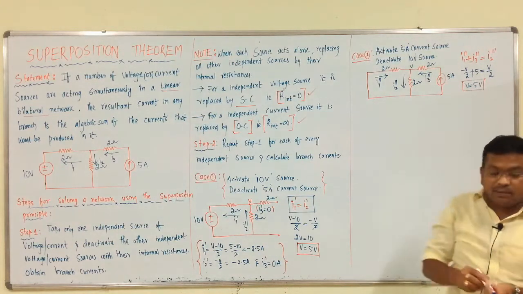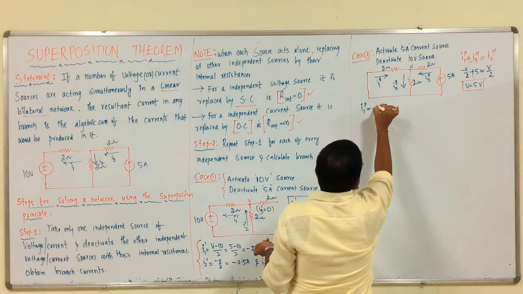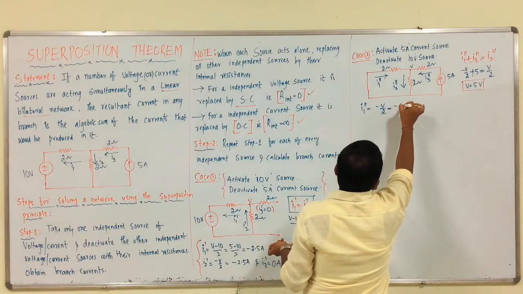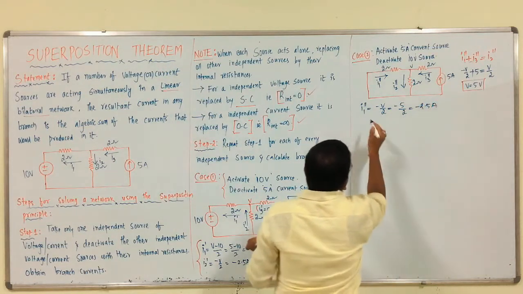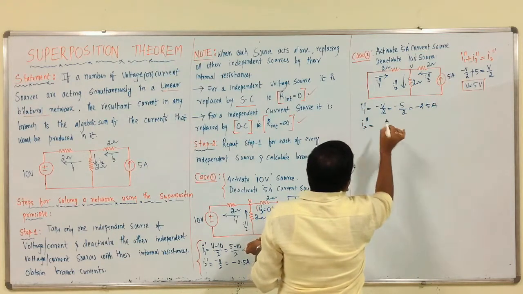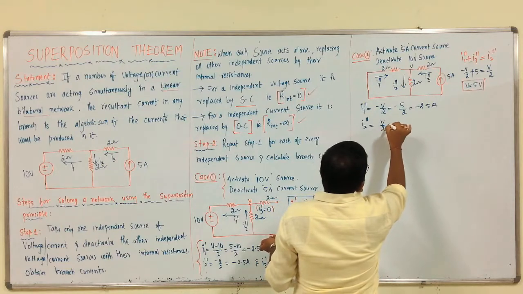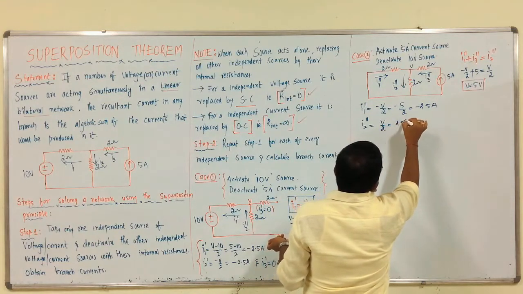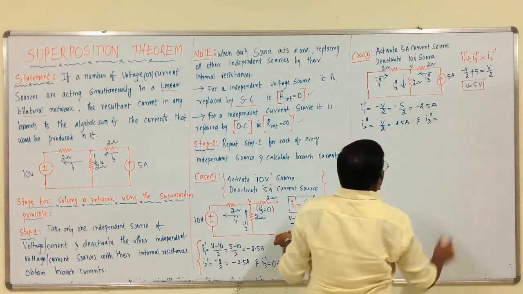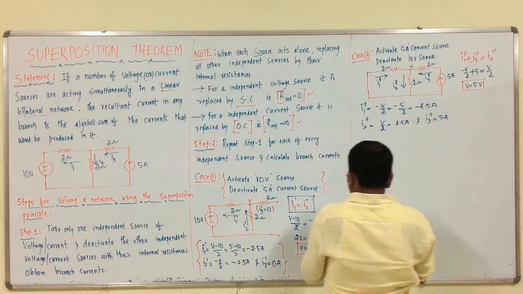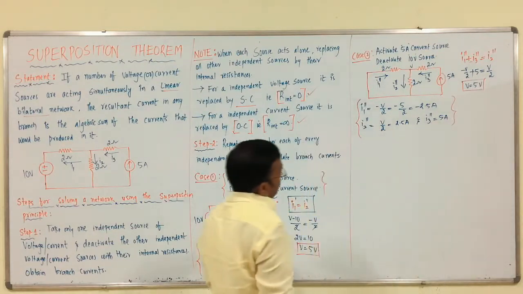Therefore, what is I1 double dash? Therefore, I1 double dash is nothing but minus V by 2, which equals minus 5 by 2, minus 2.5 amperes. What is I2 double dash? It is V by 2 only, which equals 2.5 amperes. And I3 double dash equals what? 5 amperes, given. These are the values of currents from case 2.